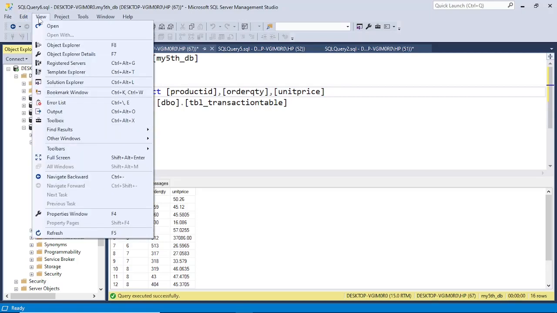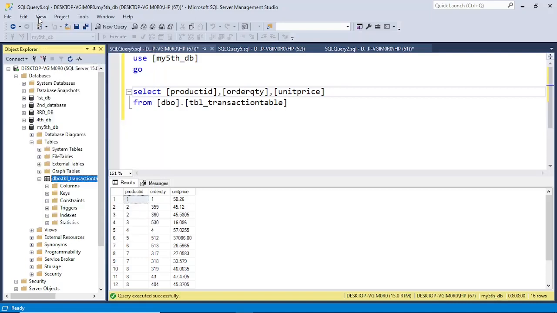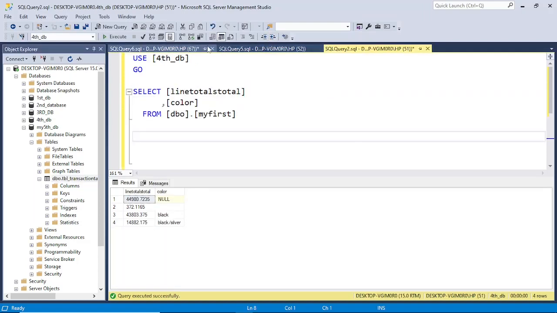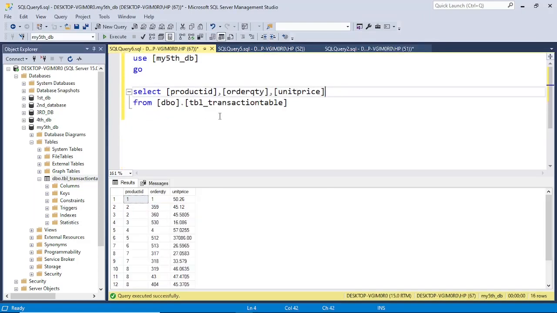Okay, right now I'm about to take you to the where clause. Okay, before we get to the where clause,